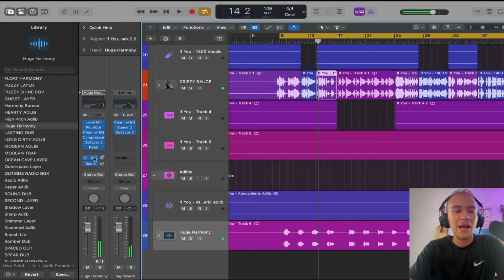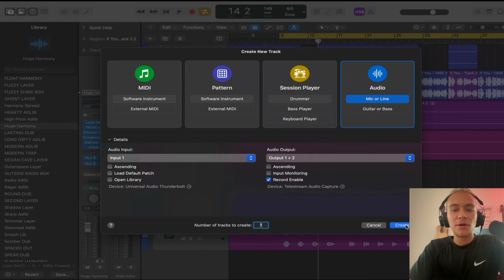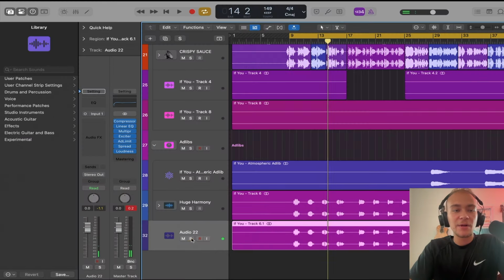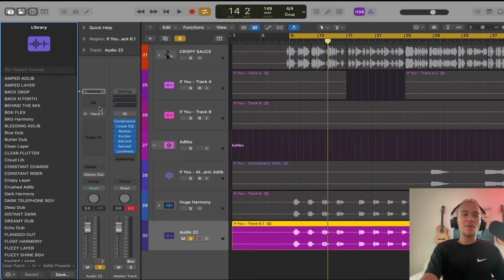Nice. Okay, so we got this cool reverb and echo. See, if it sounds good, I'm not even gonna mess with it, but there's a few other things I want to do. So I'm just going to add a new audio track, hold option, drag this down, and I'm gonna go back through some ad-lib chains and user patches, vocal sauce presets, ad-libs,